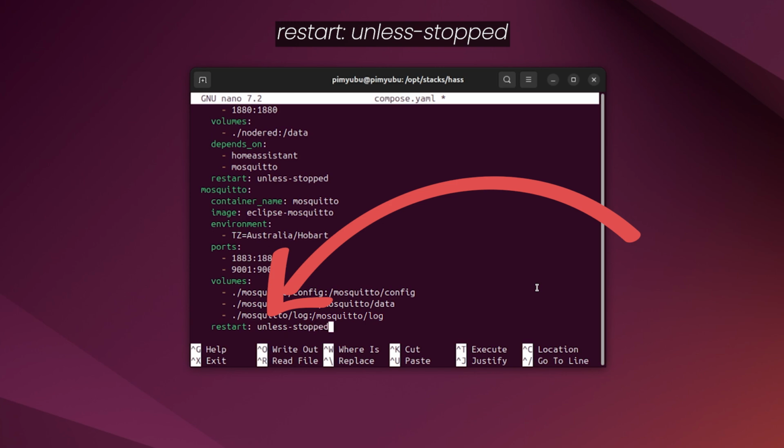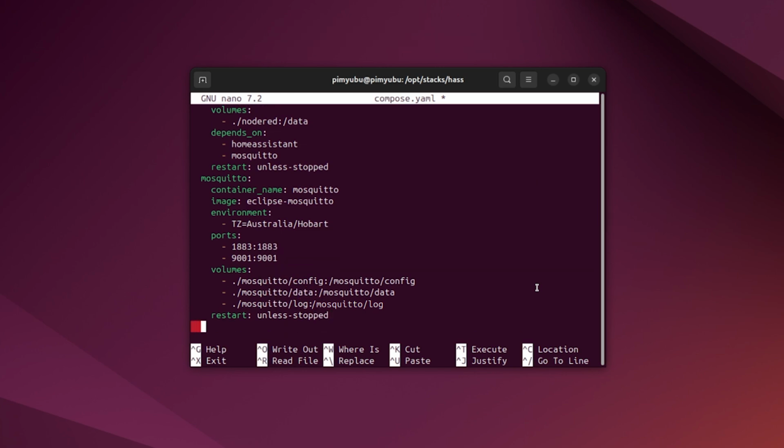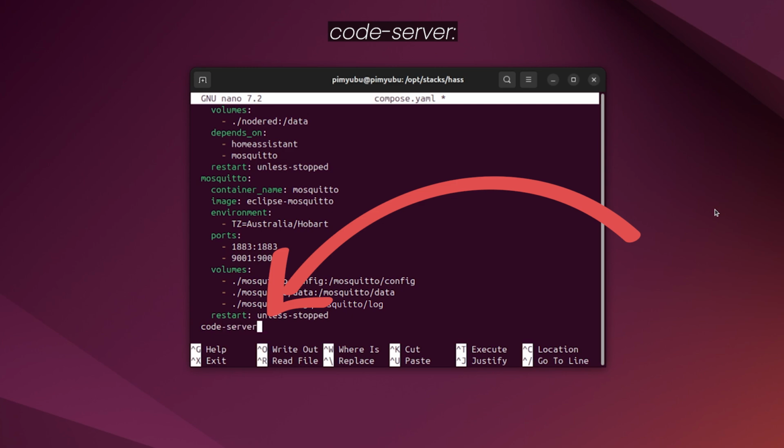Now ensure Mosquitto is automatically started by typing restart: unless-stopped. We can finally define our final component for our Home Assistant Docker setup by typing in code-server followed